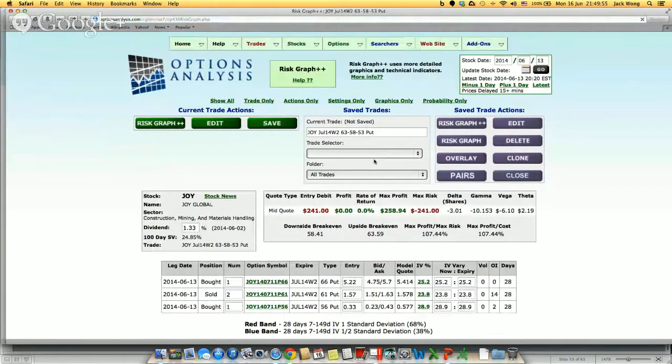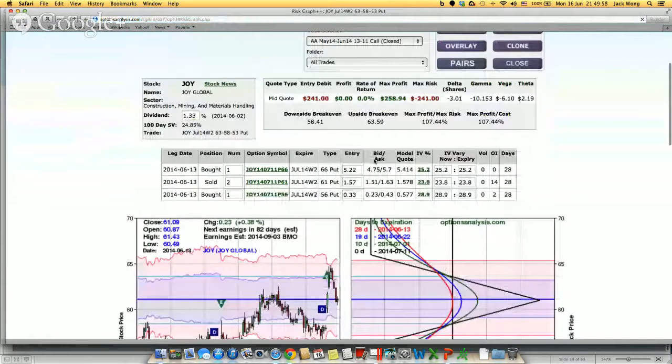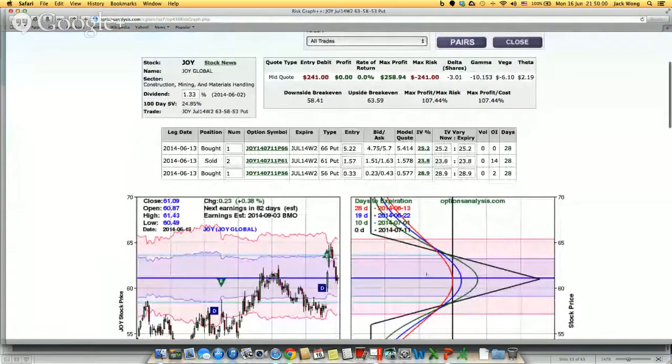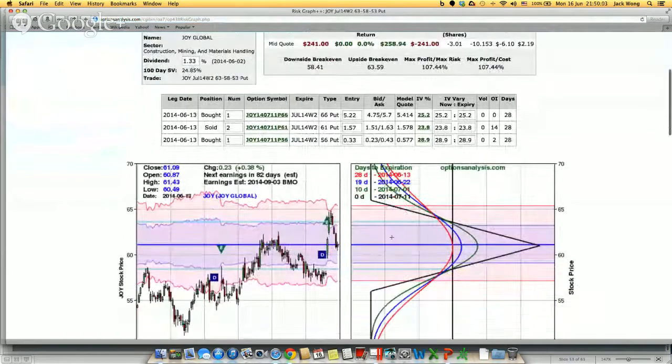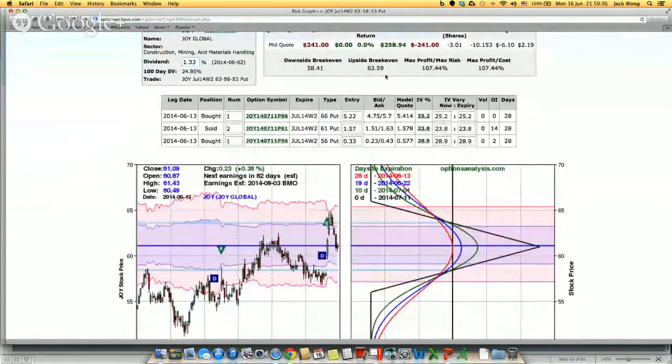So for a butterfly, unfortunately, we have to go through this adjustment. Now we have a better one. You see, what we have got is a range of 58.41 and 63.59. So in other words, it says that I need to have this dot to stay and not move for more than like $3 up and down. So the question is, is it possible? Well, of course, based on the analysis,